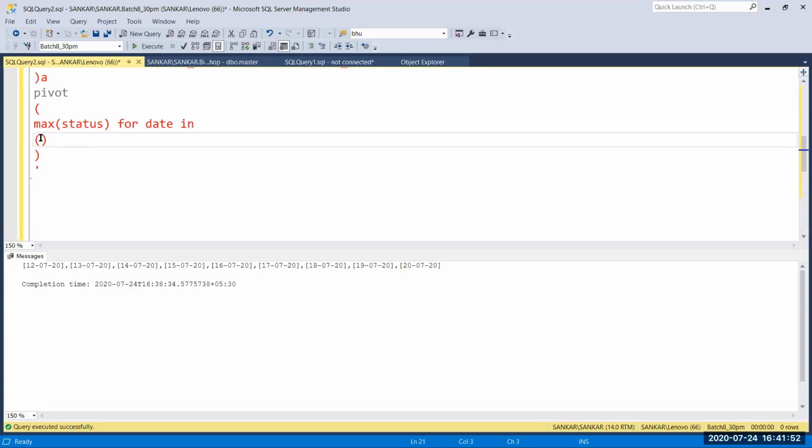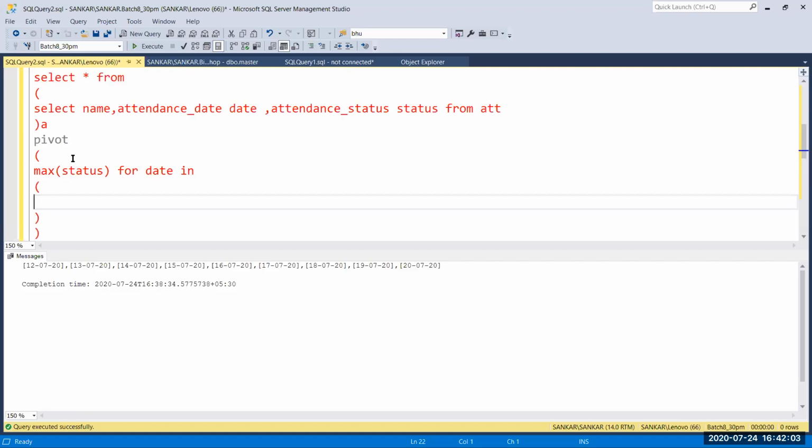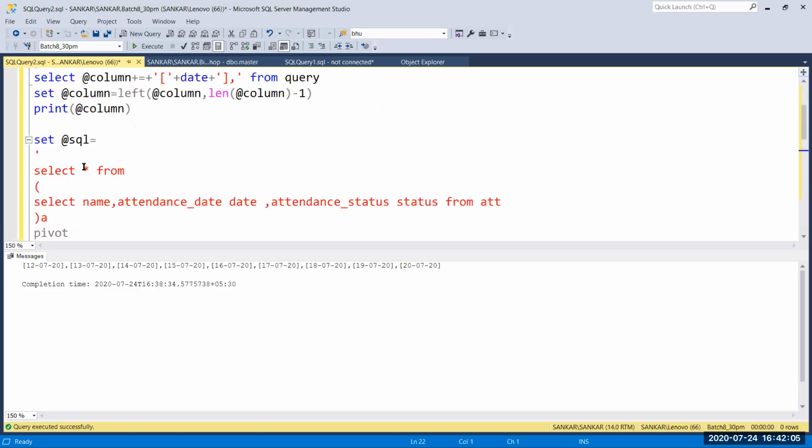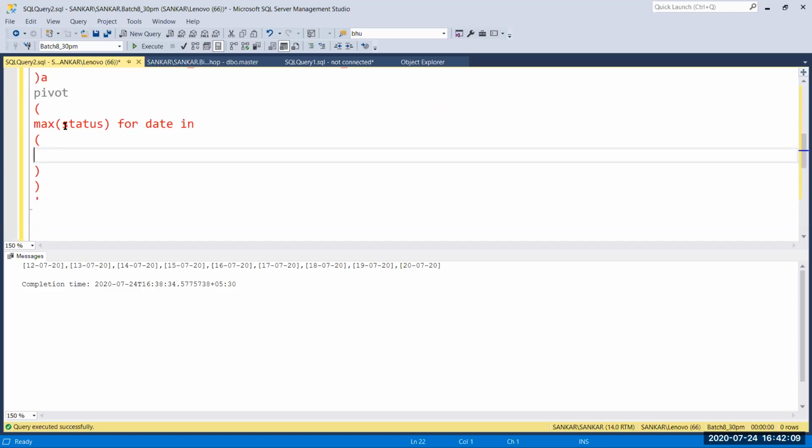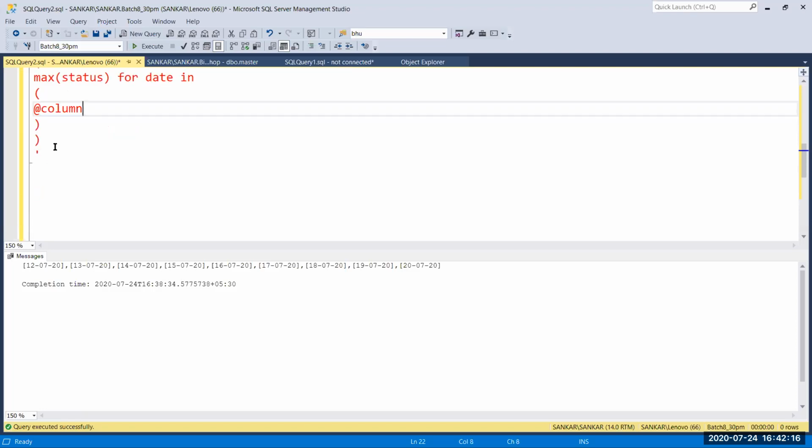Open and close bracket. Here we will do some logics. Because I'm going to pass the variable, if you are passing the variable name directly here, I'll show that. At column I have passed it directly.